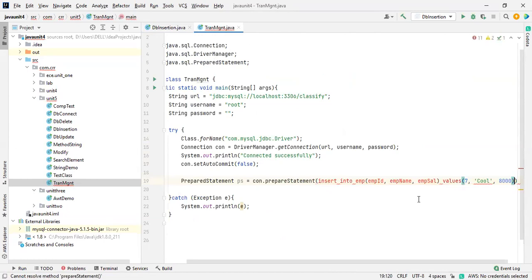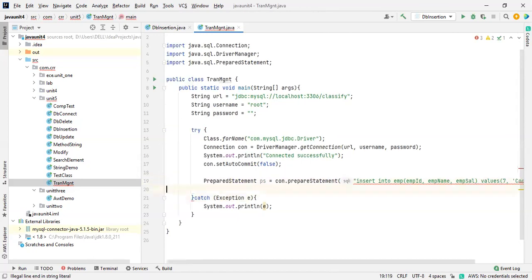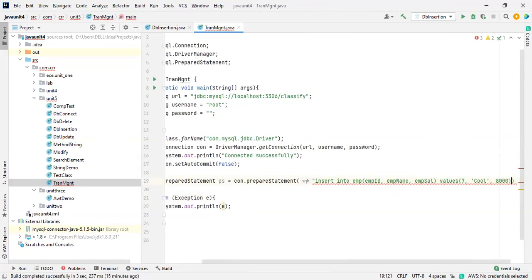I'm going to give the data dynamically. So I need to change this one. It should be inside a double quote, right? So that's why I need to make it as a double. Okay. Now it looks good. There is a semicolon over here. So in this condition, I'm not giving the value. I want to give it at the dynamic state. So directly I want to give dynamically, I want to add the data to the database.